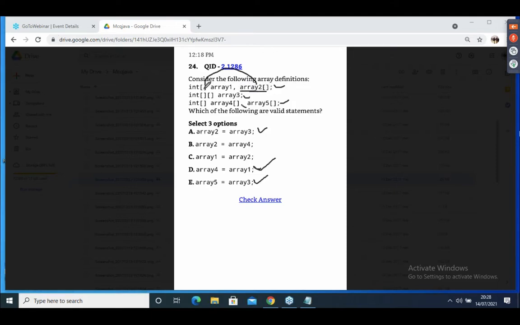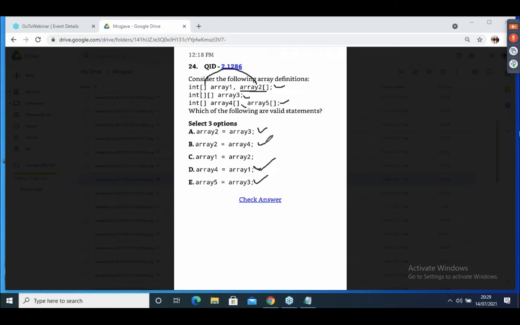Great observation. AR2 is also two-dimensional. Here, left side and right side. Very good. Okay, these three: A, D, E. No, B is not correct. Okay. AR2 to AR4, that is also correct.